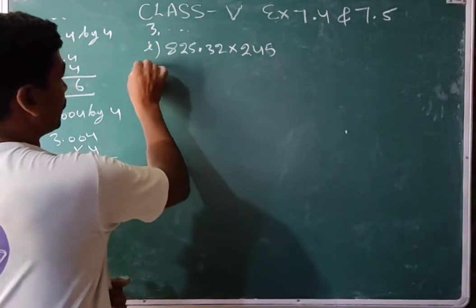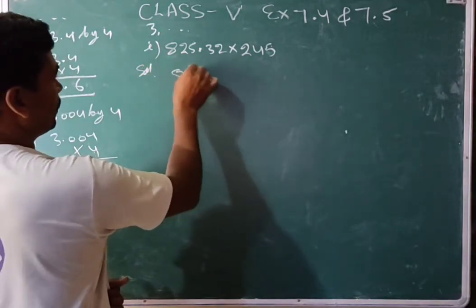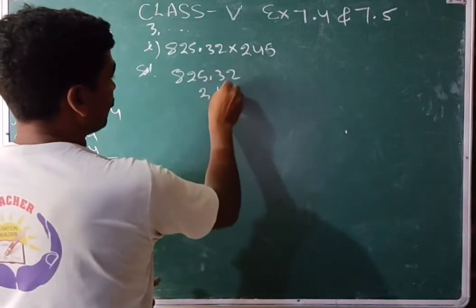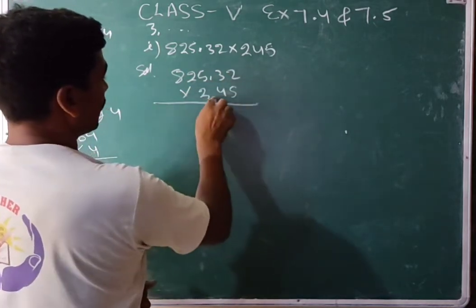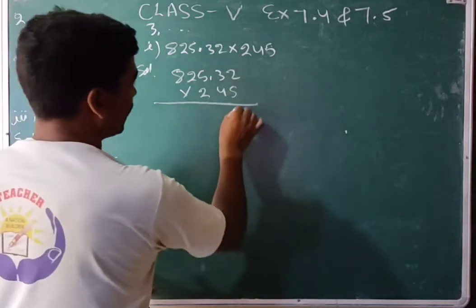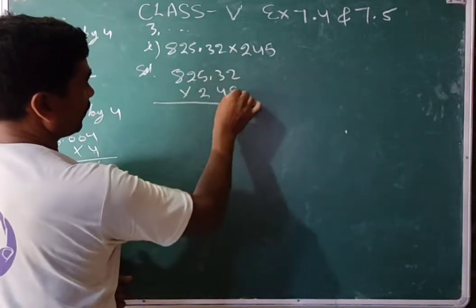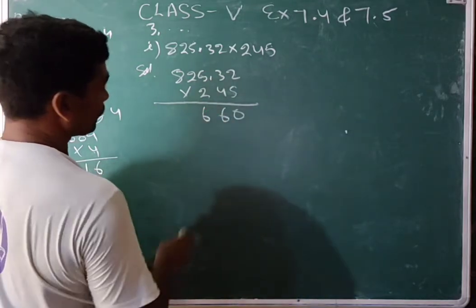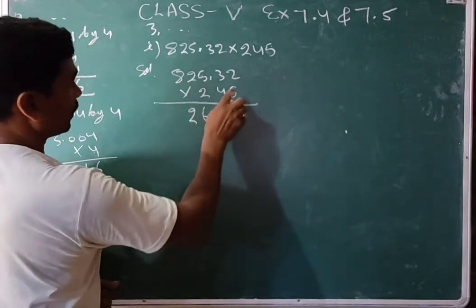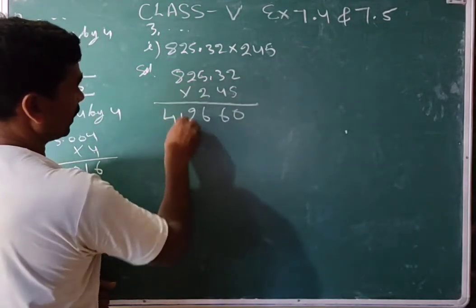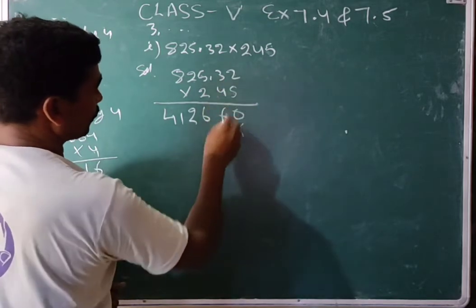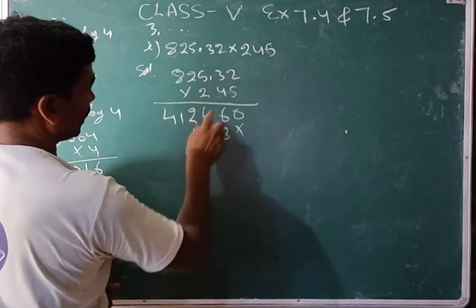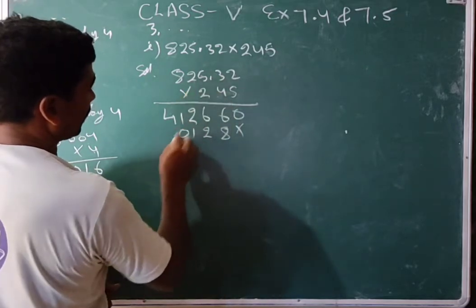Okay, so this one also you will do the same. 32 and then 245 multiply, and then after 5 2s are 10, 5 3s 15, 1 16, 5 5s 25, 1 26, and then 5 2s 10, 2 12, 5 8s are 40 and 1 41, and then 4 2s are 8, 4 3s are 12, 4 5s are 20 and 1 21, 4 2s are 8, 2 10,